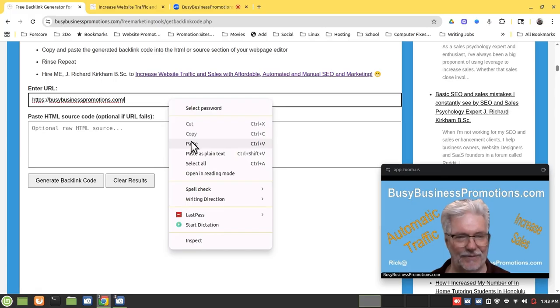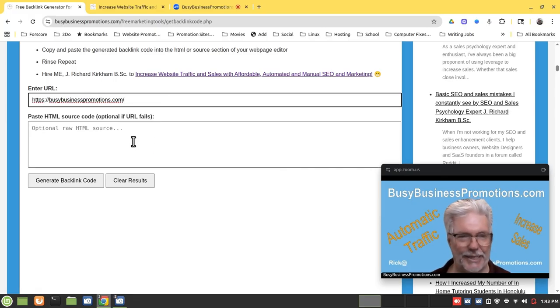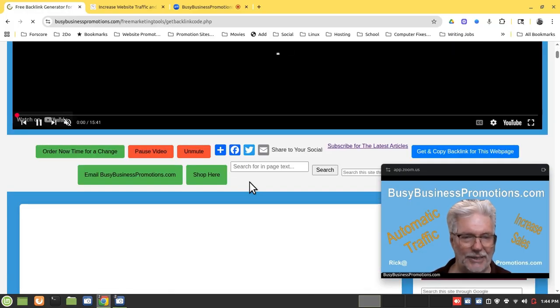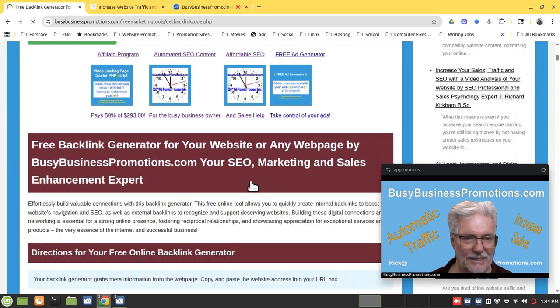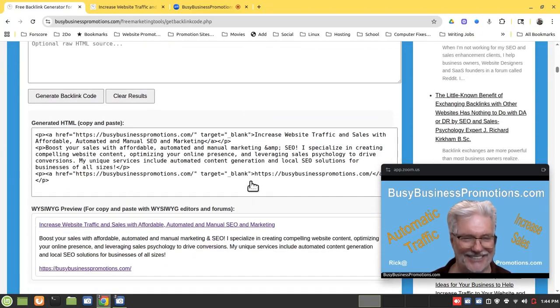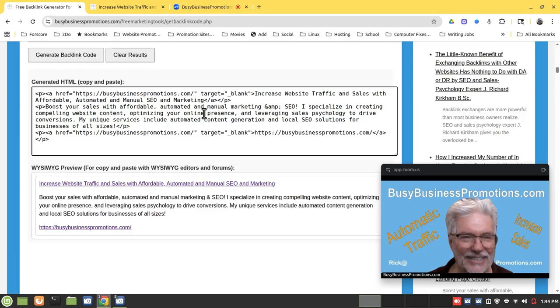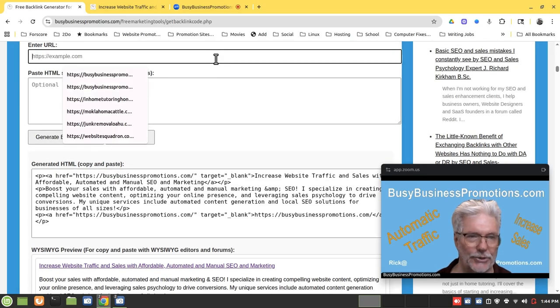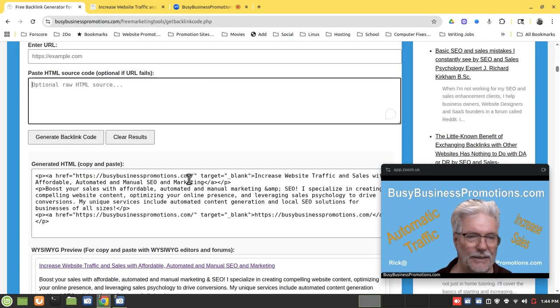I do a lot of academic and computer tutoring. So now I click on Generate Backlink Code. And then we scroll down. Darn, you have to scroll past my ads, right? And right in here is the HTML code for the backlink. I take that from the metadata, from the title tags and the description tag, and from the URL that you put up here too. Okay, so